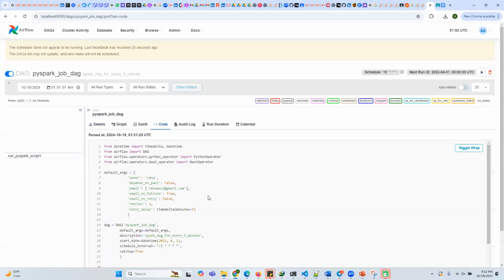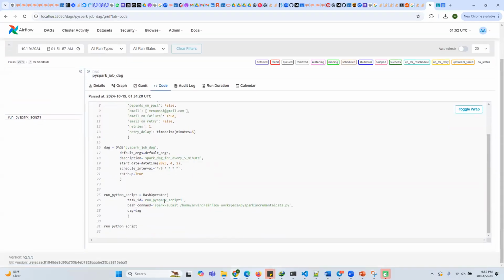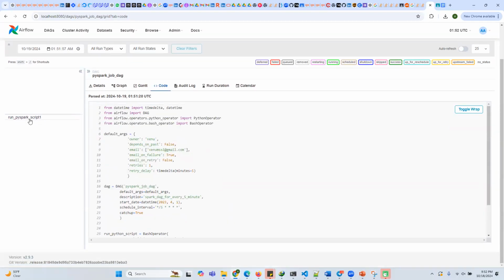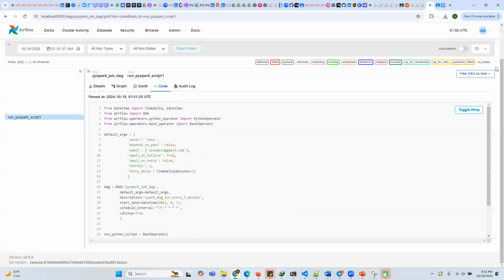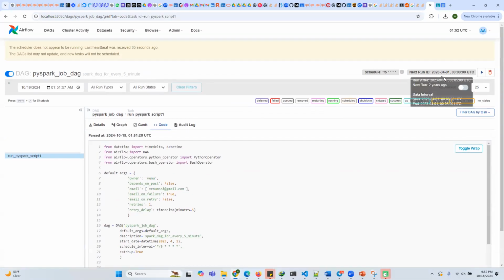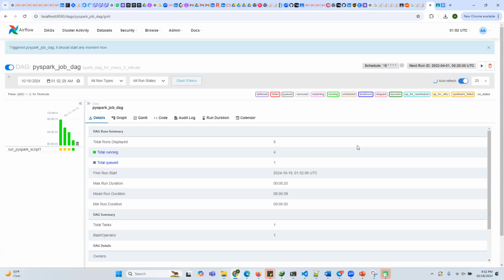So here we can also see the code. The same code we can check here. Okay, we can check the code here. Okay, next is showing 5 minutes, but okay, so